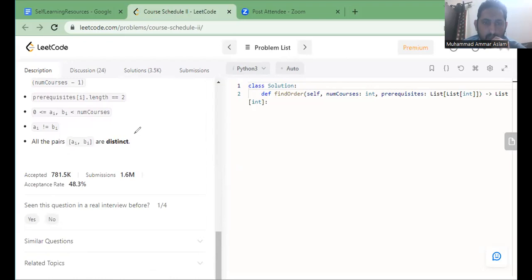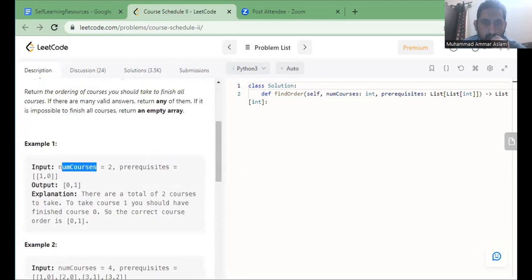And all the pairs ai, bi are distinct. Similar case, if we get cleared from one subject, then we do not need to get admission in that again. So if we talk about topological graphs, for example,